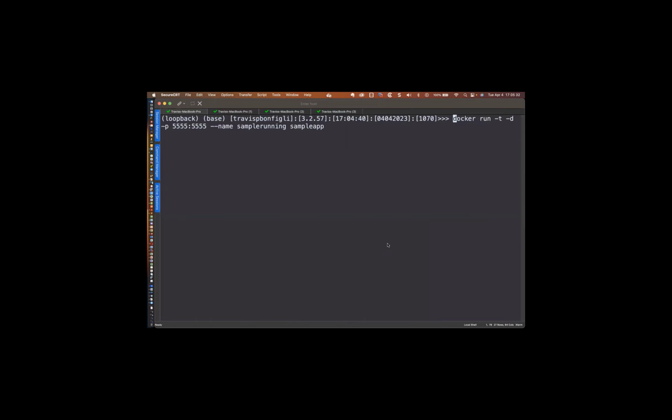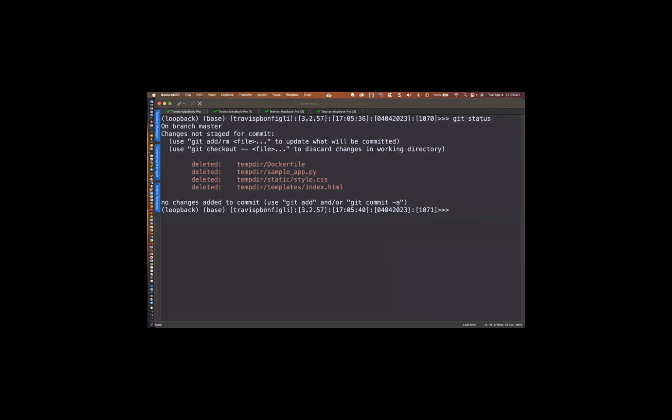Okay, so now that we've done that, let's do Control C here. I think we're using port 9090. So if I say git status, Git is like, hey, you've got these things here, what do you want to do? Well, let me go ahead and let's,